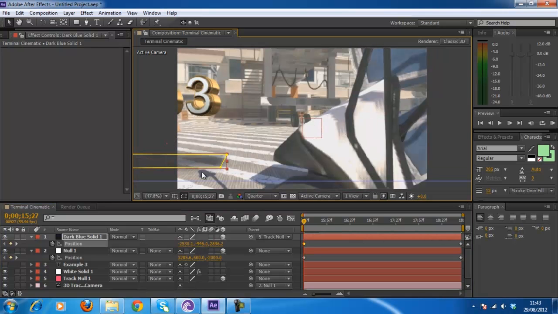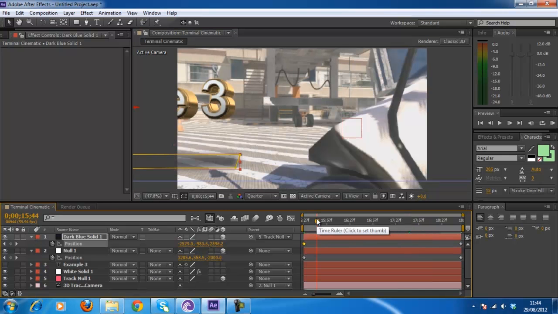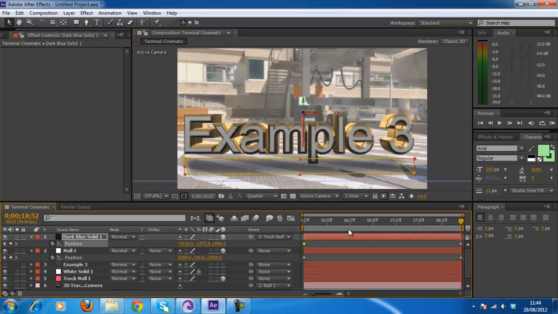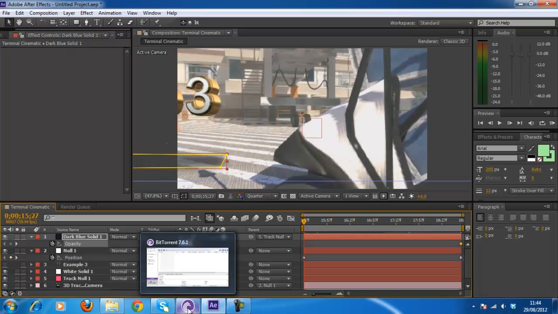Hold down shift when you're moving the shadow down, just to make sure it moves down in a straight line. And then what you end up with is the shadow appearing to stay on the ground all the time. This won't need to be perfect, because when the text is really high up, the shadow will be kind of like, I might as well do that now actually. Press T to take the opacity and keyframe the opacity at the end, since you are happy with that, and then move to the very start and probably put it at, let's put it at